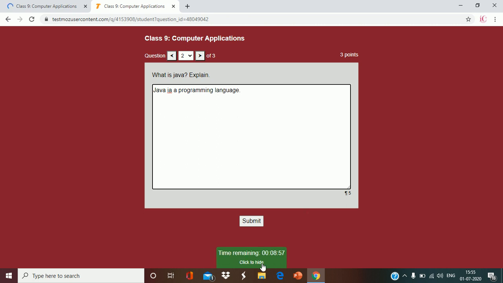The time is also showing here. See, time remaining 8 minutes 54 seconds. Within that period of time they have to write here. Time remaining 8 minutes 40, because we have given 10 minutes for that particular test. So time is also showing here only.